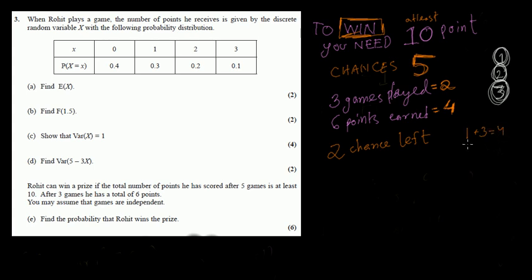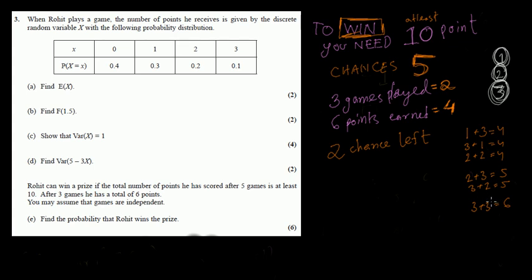That is 4. The ordering is very important in probability. 3, first 3 then 1, that is a 4. You can get a 4 by 2 plus 2, 4. You can also get 5. You need 4 points obviously, but you can also get 5 points by a 2 and a 3, that is a 5, and a 3 and a 2, that is also 5. And in the 2 chances that you have, you can also get a 3 and a 3, that is a